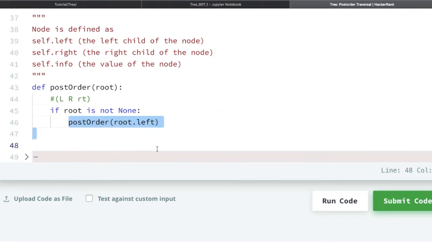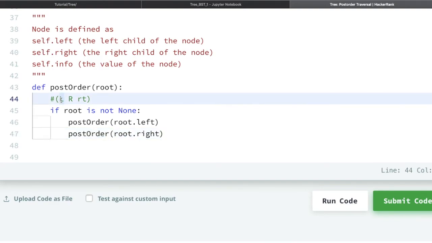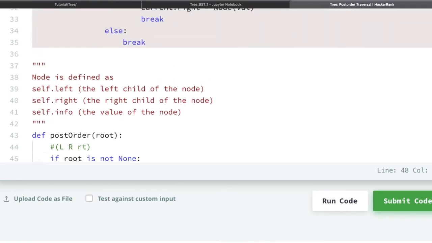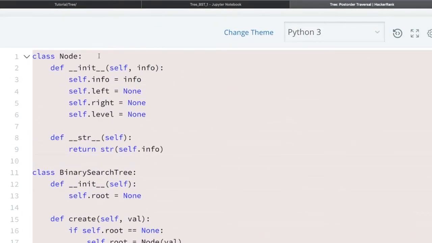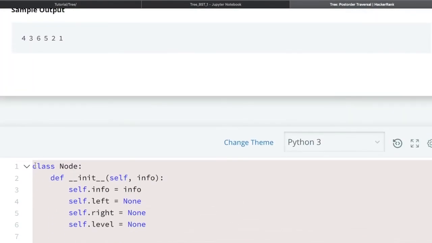And after that we have to call the same function by passing root dot right. So we are done with this left part, right part. And next we have to print the root data. So let us print root dot, and for the data part we have info. So we are done with the code.